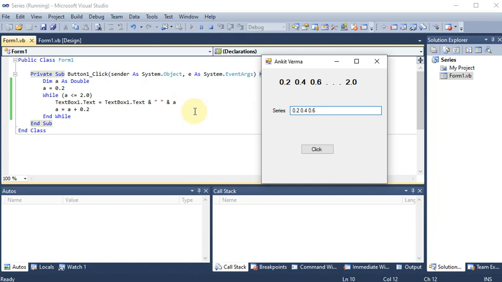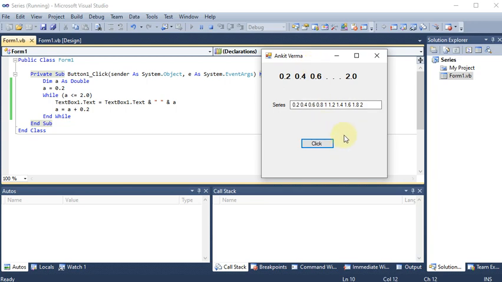So this way the complete series is going to extend until we are having the false condition, that 2. So when it crosses 2, let's say 2.2, then afterward it will end. So this way if I click over there, we will be having the complete series. Now you can see that the earlier value is taken and extended. So for better understanding, we are deleting all the things. Now click over there, you can see that we are having the series. So this is how we can provide the series of decimal numbers using the while loop.